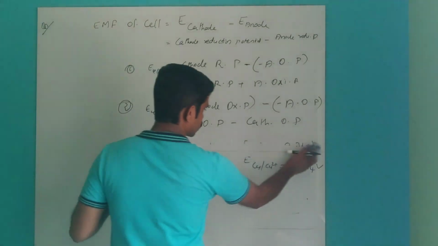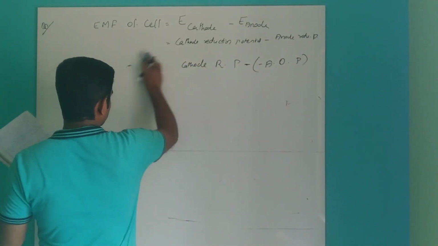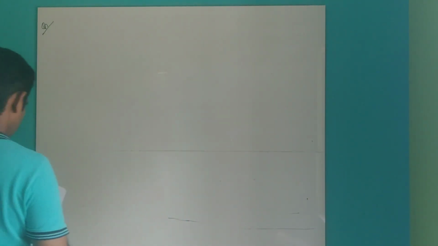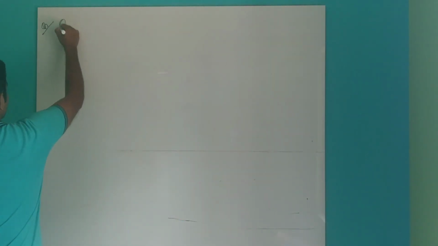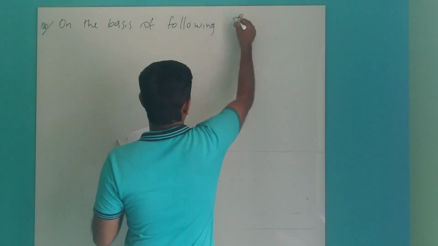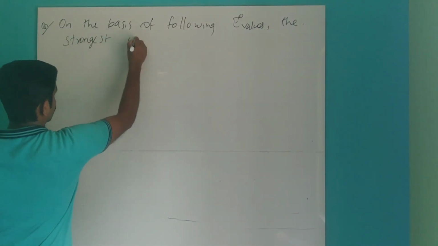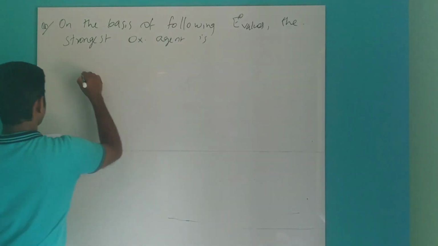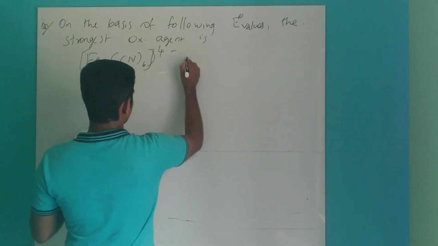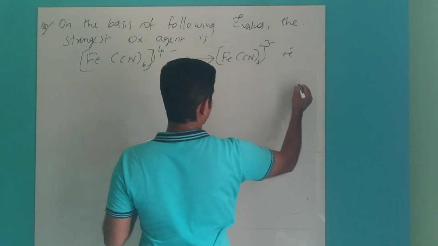The next question is: on the basis of the following E0 values, the strongest oxidizing agent is: Fe(CN)6 4− gives Fe(CN)6 3− plus an electron, and the E0 value is equal to